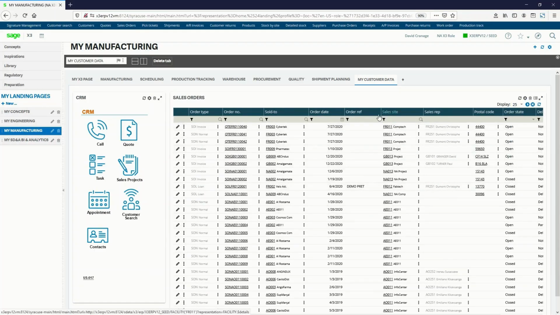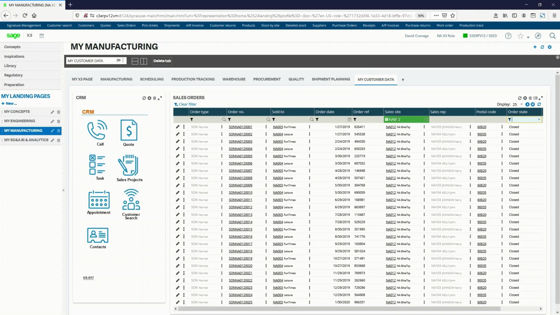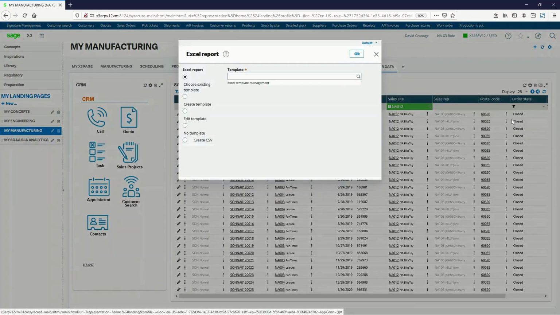Now, in the inquiry itself, I'm going to set a filter. So I'm going to set my site to NA012, which is my North America site. And then I just want to make sure that my order numbers are in ascending order. So here you can see they're in ascending order. And then lastly, using my action card, I'm actually going to ask the system to drop the data that it's filtered to Excel. Now, we do have the ability to create Excel report templates that I can call upon, but